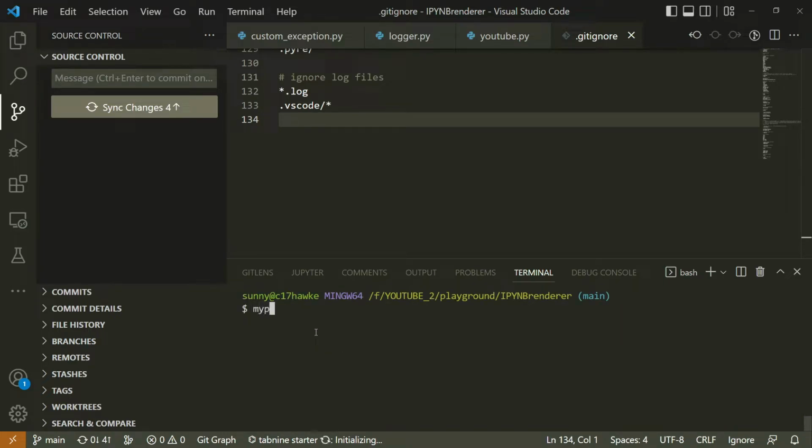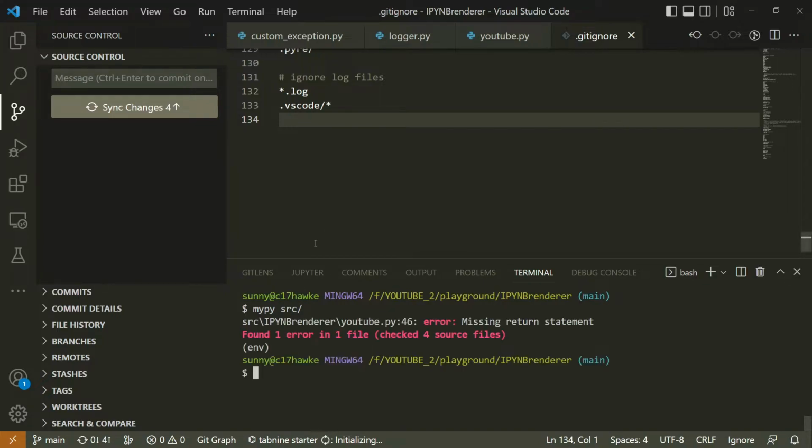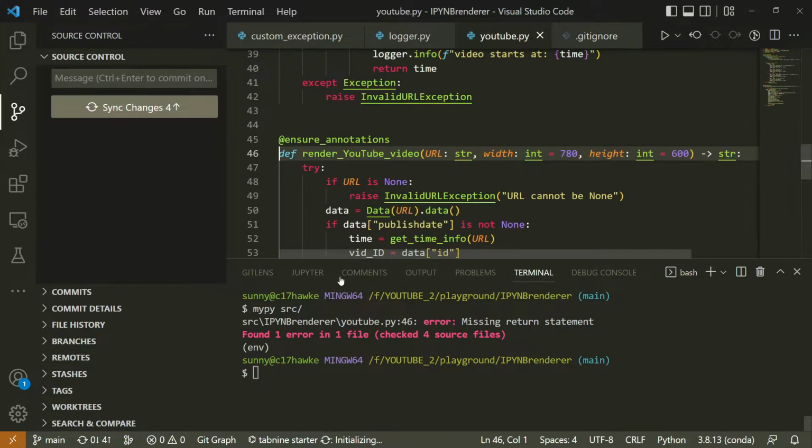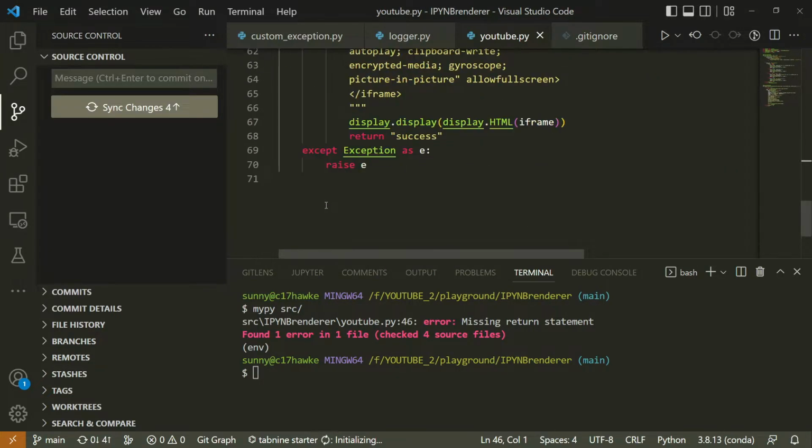Okay, mypy. Then I will mention the source, because I want to check if there is any type error or anything. It should not cause any issue, but okay, it says error, missing return statement. So let's go back again and check if a return statement is missing. So yes,